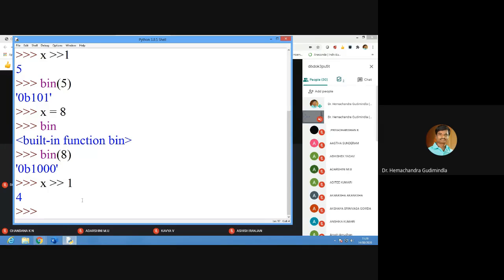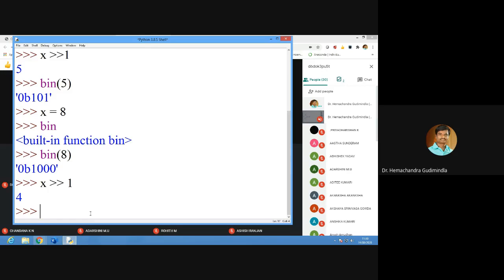For example, if I'm moving to the left side, that means x less than 1, that means you are moving towards the left side. So what will we get? We know that 1, 2, 4, 8, 16. This is how we convert in binary operations, right? Now, for example, 8 is there. If I move one to the left side, it will become 16. If 8 is there and I move towards the right, it will become 4. This is like this, right?